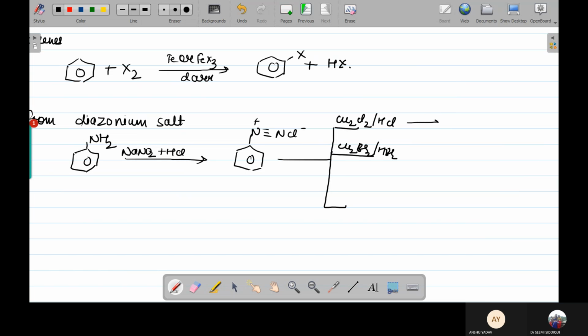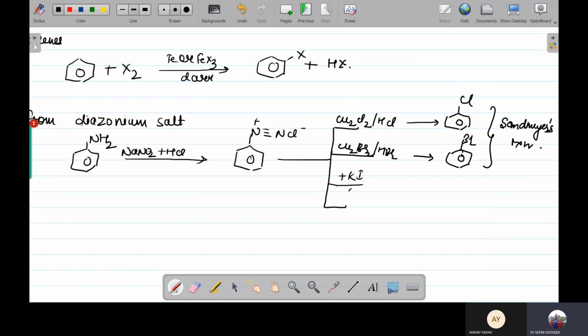Over here, you are going to form chlorobenzene or bromobenzene. This particular reaction, either of the two, is also a named reaction, that is your Sandmeyer reaction. Besides this, if it reacts with KI and heat is given, you get iodobenzene. If you take NaBF4, then